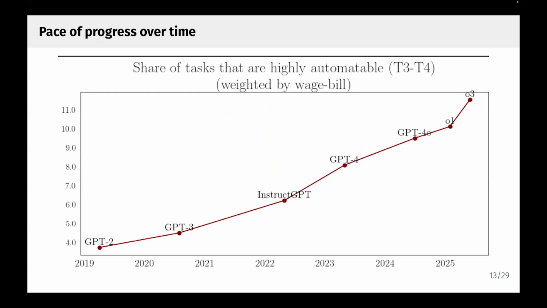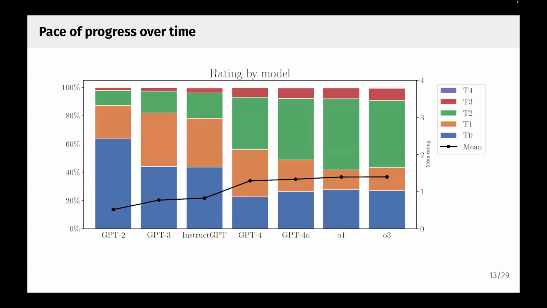Can you just go back a slide? It seems like maybe we've mostly cut down on the monotonicity issue, but it still seems like it's saying that a higher fraction of tasks are in T0 or T1 for O3 than for O1. That's true. It doesn't go away. No, totally fair. Sorry, I don't have an explanation for that. Got to prompt engineer more.